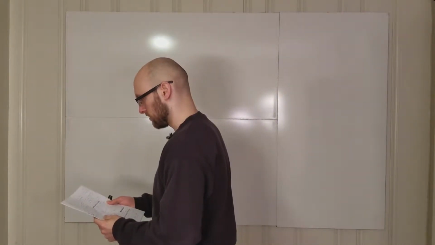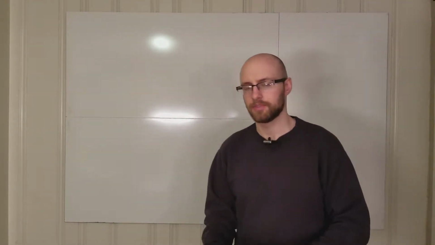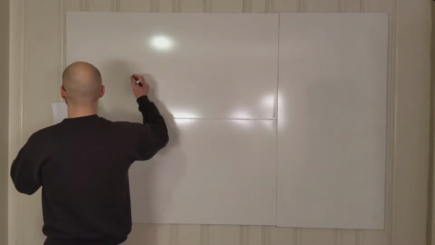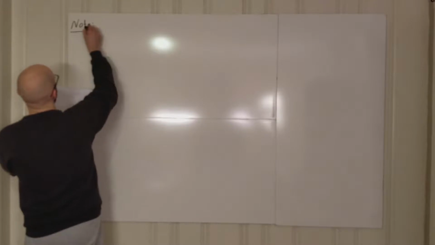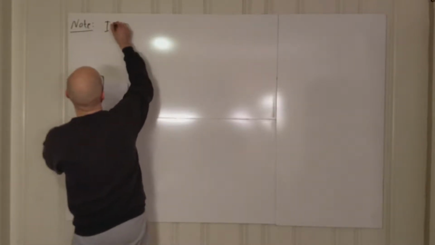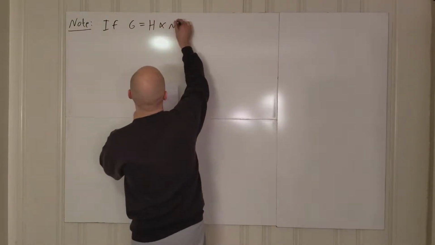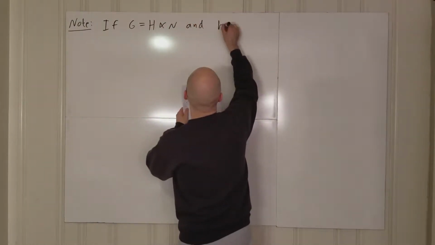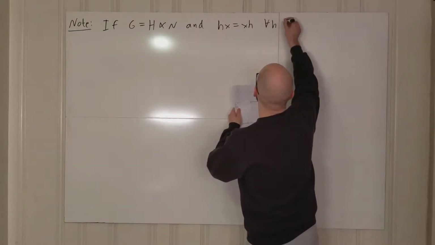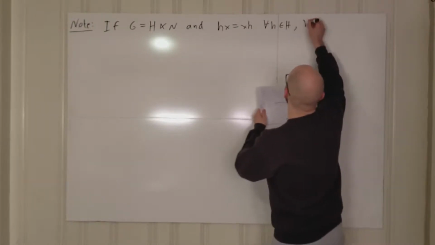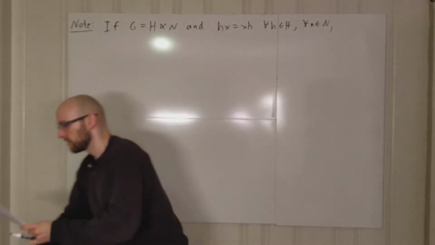Anyways, we're going to talk more about semi-direct products. But first, let's note that if we have G as the semi-direct product of H and N, and hx = xh for all h in H and for all x in N,